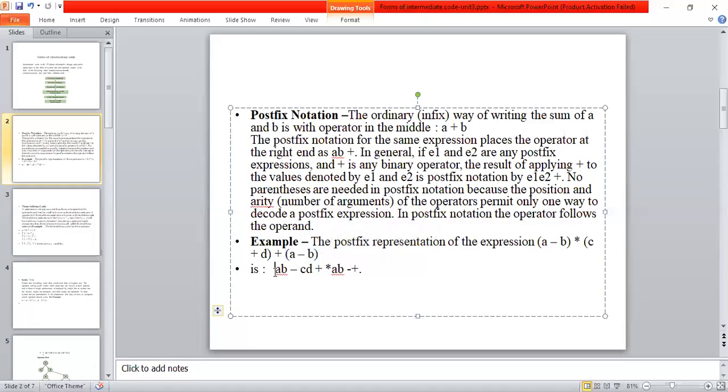So this is the representation of postfix notation, or Polish notation, for the given infix expression.